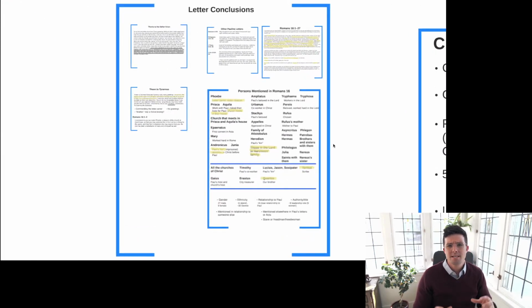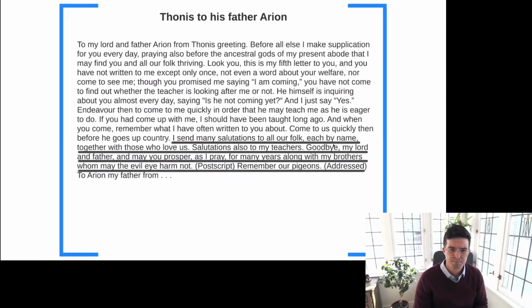And so what I want to do here is give us a little bit more about the social setting of the audience of Romans by way of the conclusion of Romans 16. Romans 16 is this part of the letter that really provides us unique insight into the people that were addressed, insofar as a number of people are named, but also we can glean some demographic information based on the names of these people in Romans 16 and what Paul says about them, or what titles he appends to them. So what I've given you first here, and I'm not going to read this out loud,